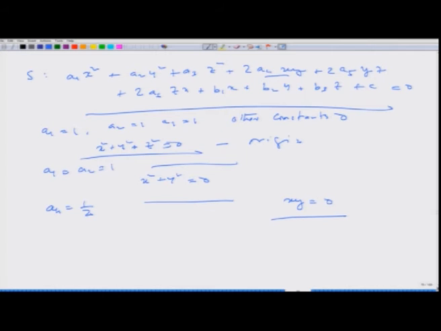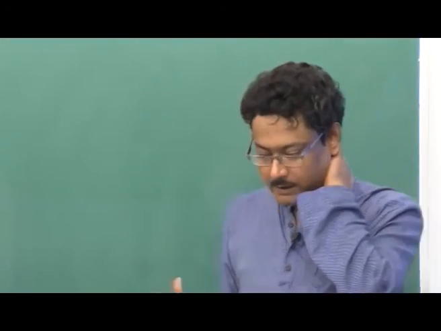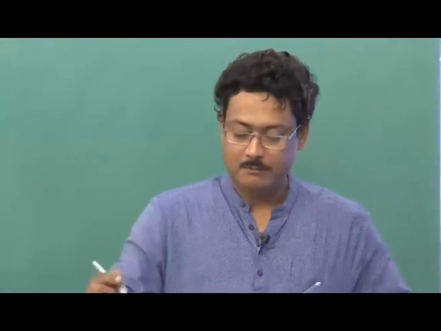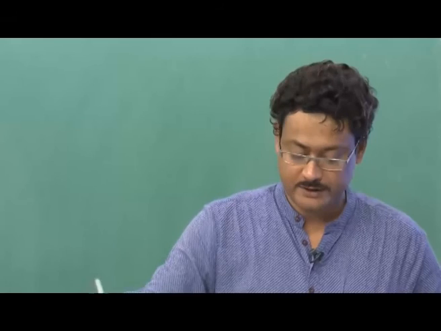So, any quadric may not be a surface always. So, I need conditions on the AIs and BIs, but what is true is this proposition, and I want to write down the entire proposition. I will not prove it, but I will tell you how to prove it. The proof is very easy, but it is the total classification of all quadric surfaces.